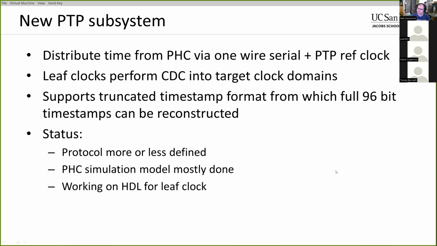And I think the path for that is going to be pretty simple. We're going to replace basically the existing PTP CDC modules in the design with the leaf clocks in the 96-bit format. We'll see how that works. Then we'll swap the leaf clocks out